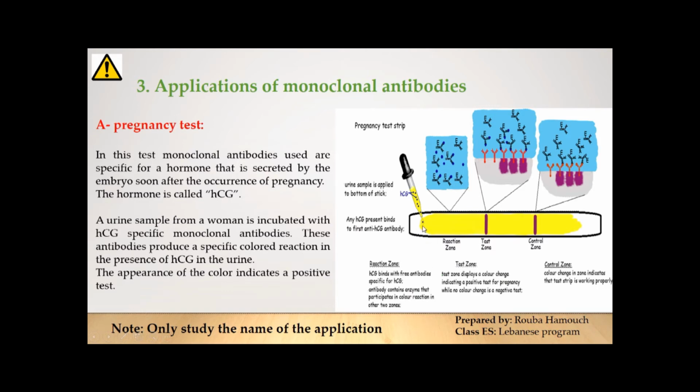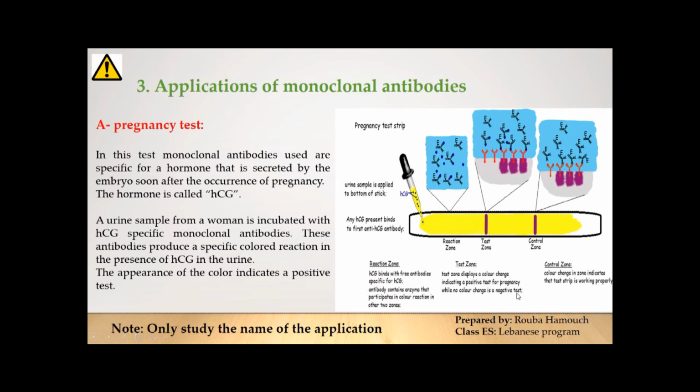And after binding of HCG to the anti-HCG, we have the appearance of a color or a signal indicating a positive test, thus the woman is pregnant. So here we have a change in the color indicating a positive test for pregnancy,